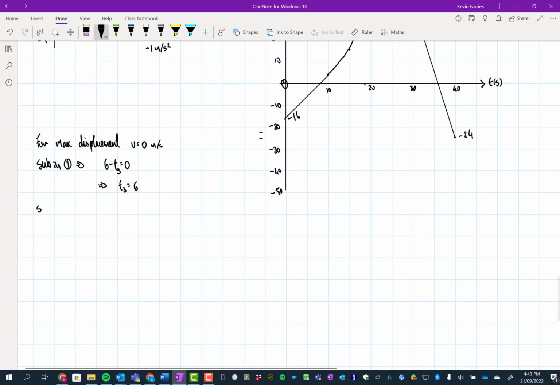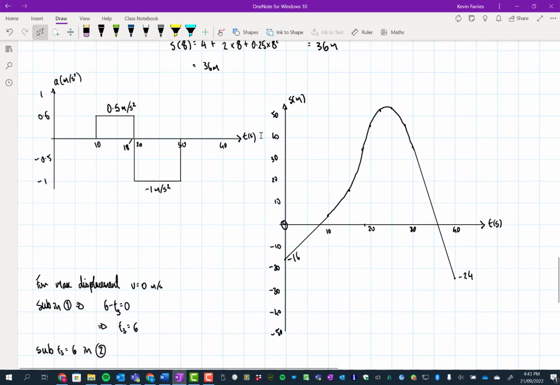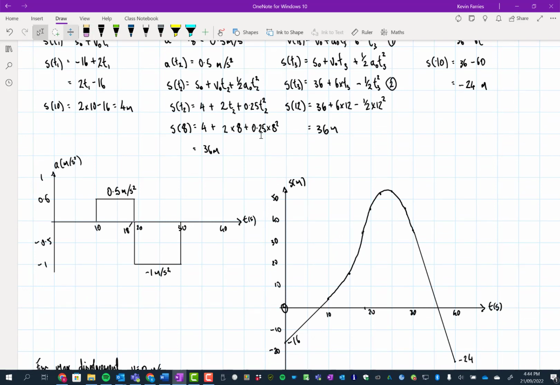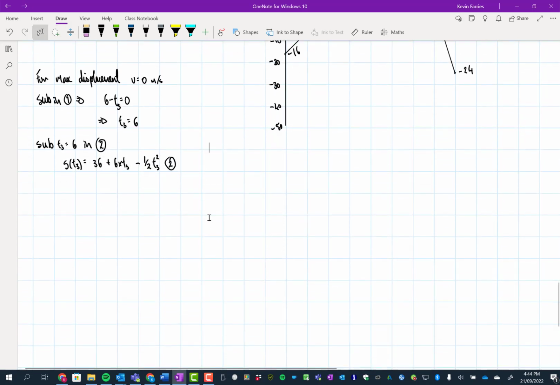And then we're going to sub t3 equals 6 and 2. Okay, so this one here to calculate the displacement. So we're going to get, let me just grab it, will be easier. So this was equation 2. So we are going to get